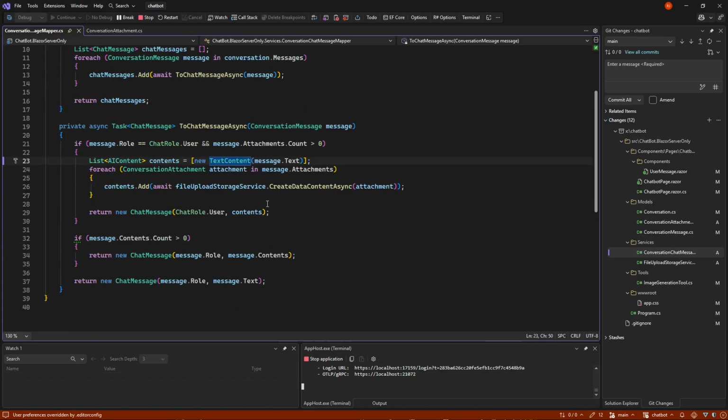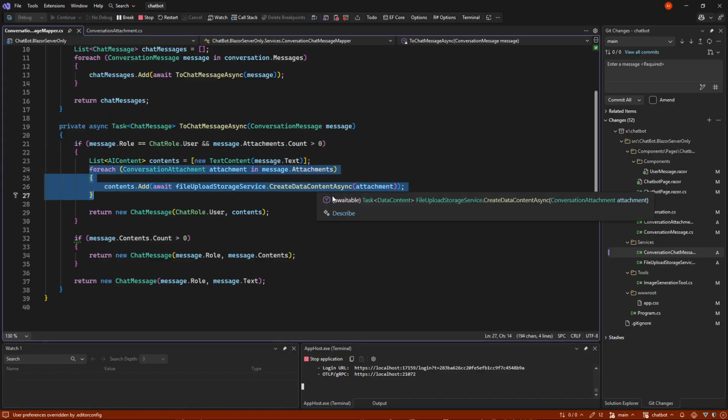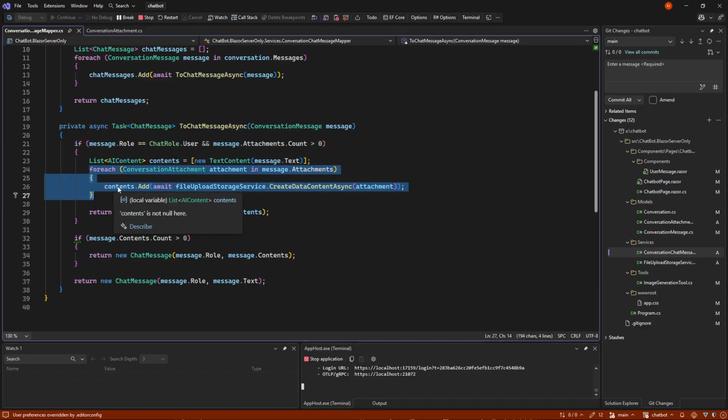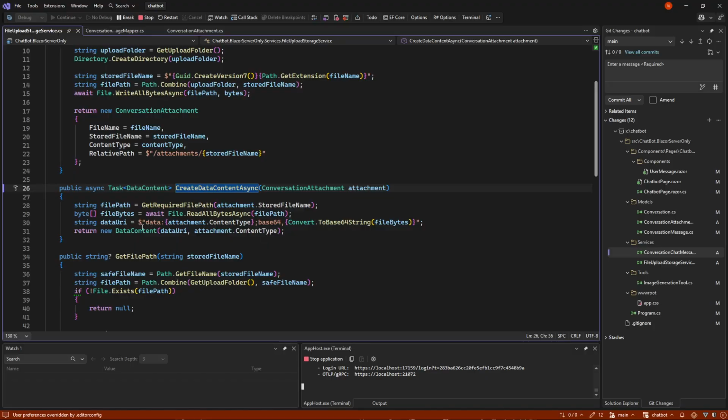And we do that by building up, on the fly, the user messages with the text content like normal. And for each attachment, we actually read it from file and turn it into an AI content, down here, a data content as base64.